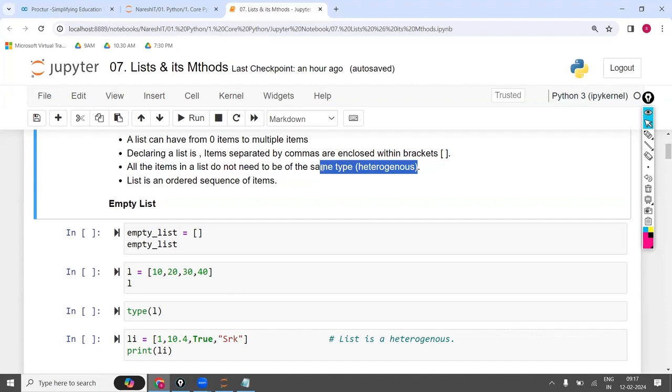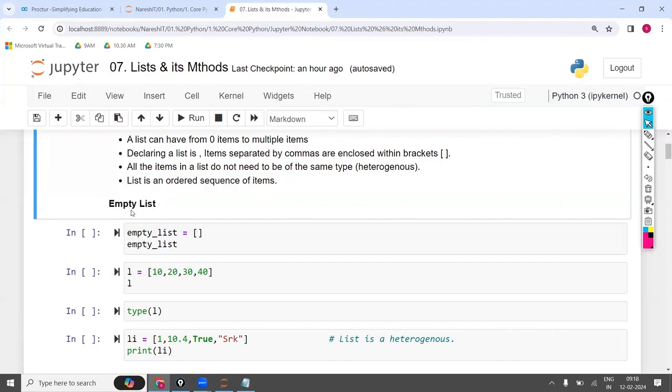So it is heterogeneous. Heterogeneous means multiple data types, homogeneous means the same data type. And a list is an ordered sequence of items, and whatever order you write, that order is important. This is one of the most important points in the list, which makes the difference between this and other objects.